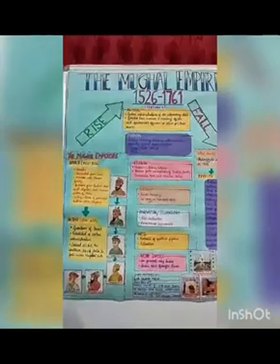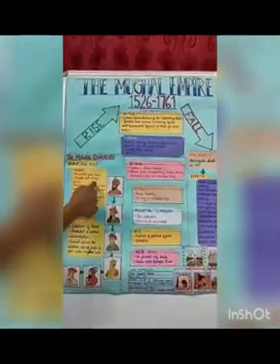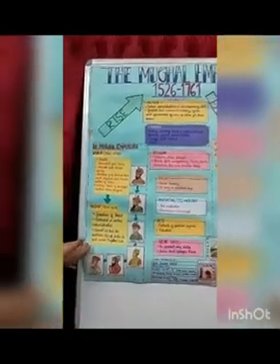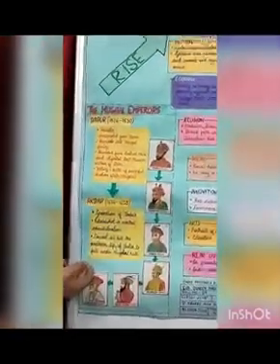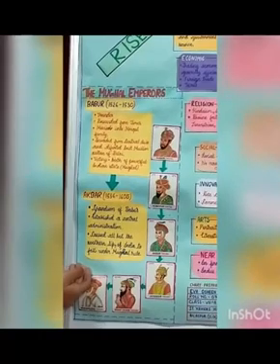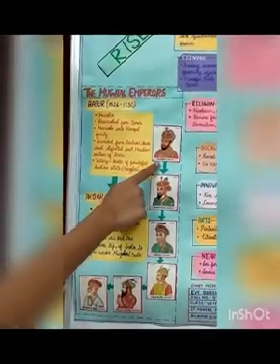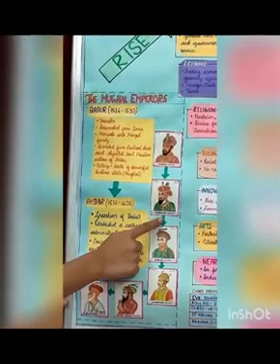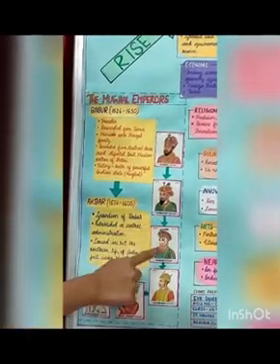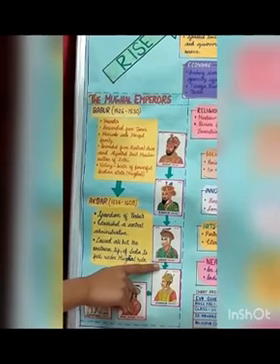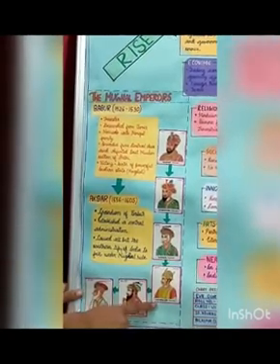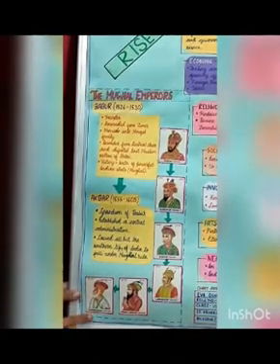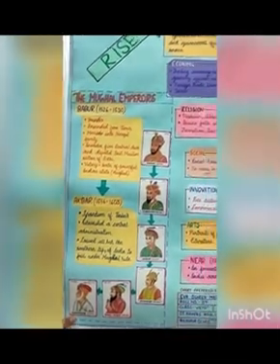As you can see that I have divided my charts into 4 categories. In the first section, I have written about the genealogy of different Mughal emperors. The first Mughal emperor or the founder was Babur. He was succeeded by Humayun. Humayun was succeeded by Akbar. Jahangir took Akbar's throne. Jahangir was succeeded by Shah Jahan, and the last Mughal emperor was Aurangzeb.